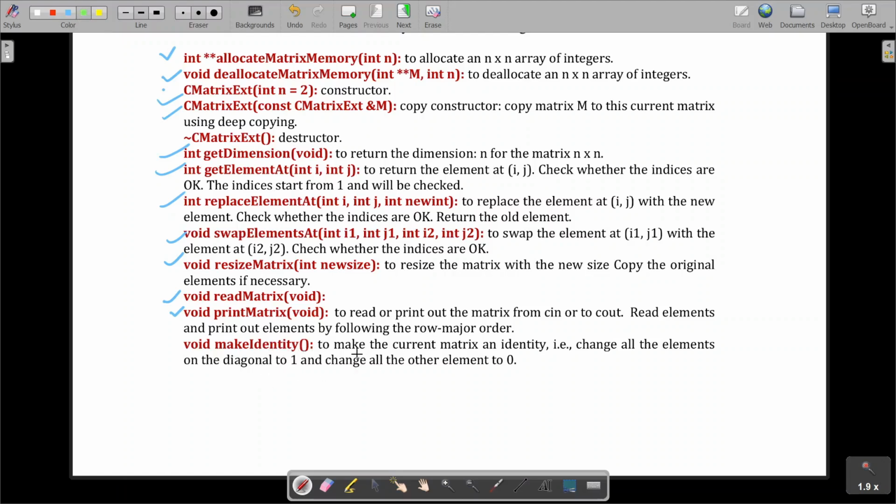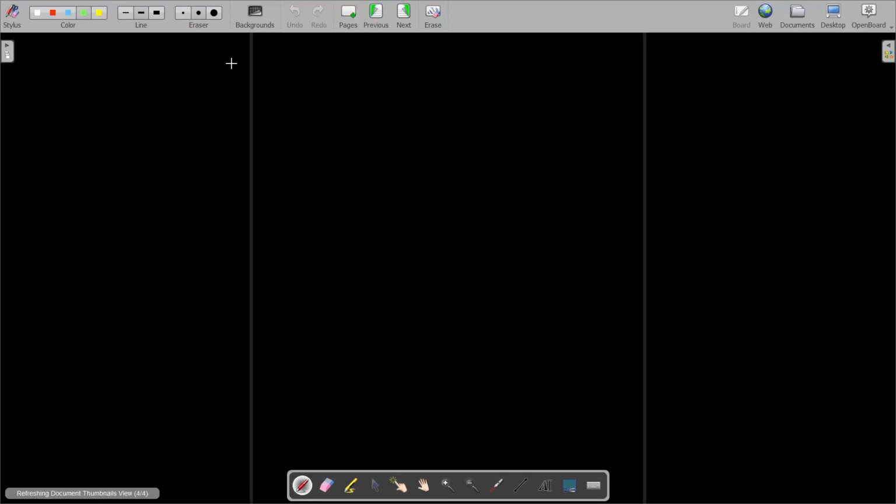What it says is make the current matrix an identity. Do we know what the identity matrix is? Let's try to discuss it. I think we already know that a 3 cross 3 matrix